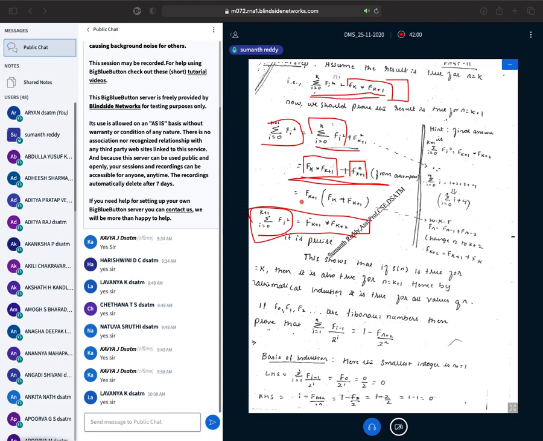To do that, first you take f of k plus 1 common. If you take f of k plus 1 common, you will be left with f of k plus f of k plus 1. And what is this f of k plus f of k plus 1? For that I will use the general definition of the Fibonacci number: f of n is equal to f of n minus 1 plus f of n minus 2. I'll replace n with k plus 2. Then f of k plus 2 is equal to f of k plus 1 plus f of k. So now I can replace these two terms with f of k plus 2.